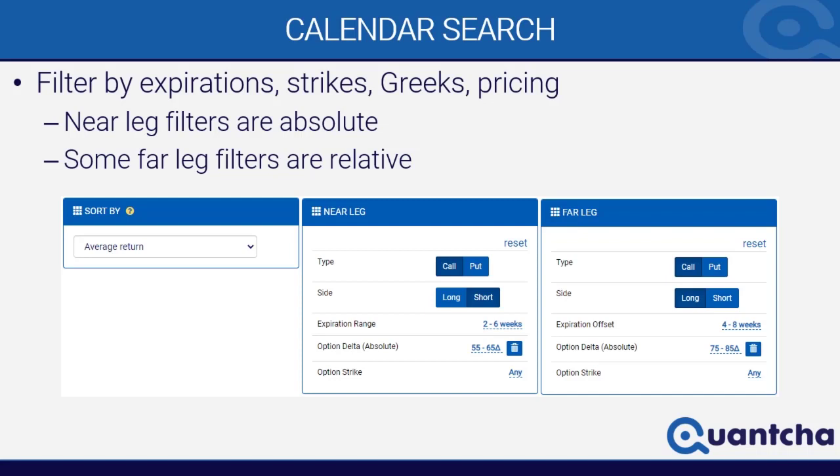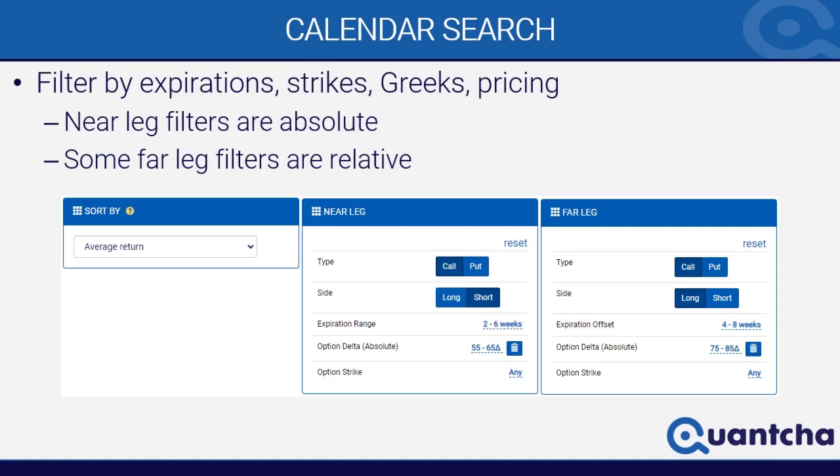So that's January 15th out to February 15th. So that's a 4-week-ish range of options that it would choose for the near leg. Now the far leg offset here is shown as 4 to 8 weeks. What that means is that it would go out 4 to 8 weeks from the option that's being evaluated in